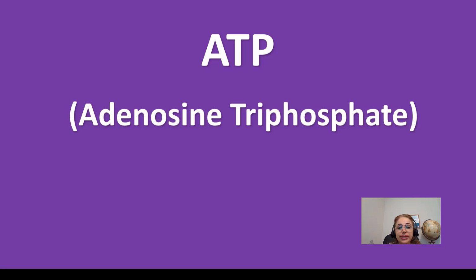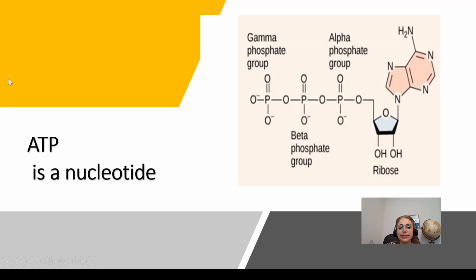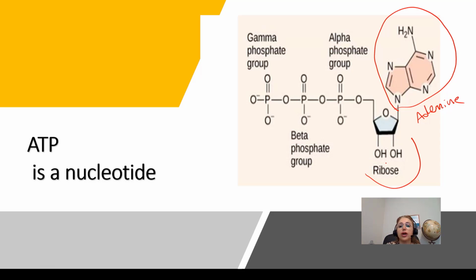ATP stands for adenosine triphosphate. ATP is actually a nucleotide made of a nitrogen base called adenine, a sugar molecule that is ribose, and three phosphate groups. The thing that makes this molecule very important